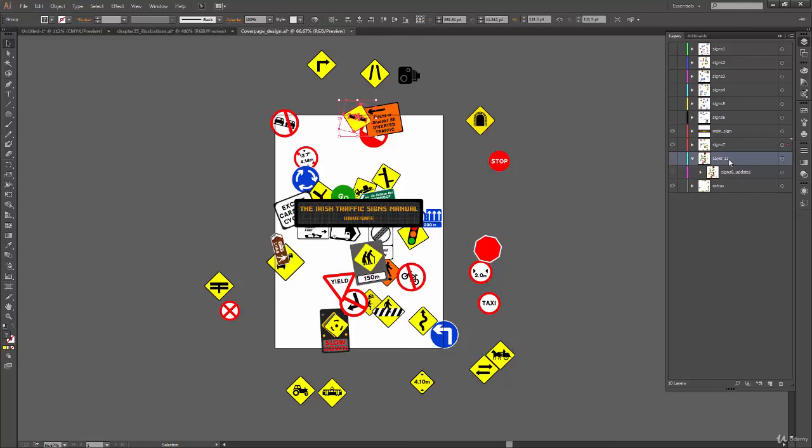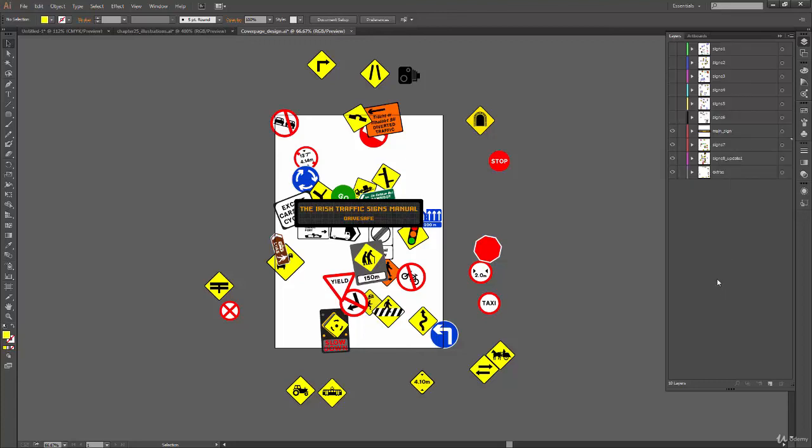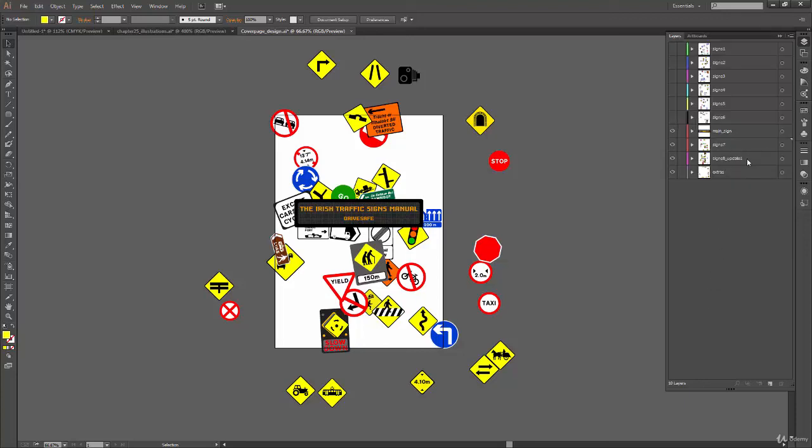Right now I'm just going to undo it and restore our previous settings, and again go to these options. Some of these options might be disabled because you haven't selected any layer. Let's say collect in new layer isn't enabled now, because I haven't selected any layer.